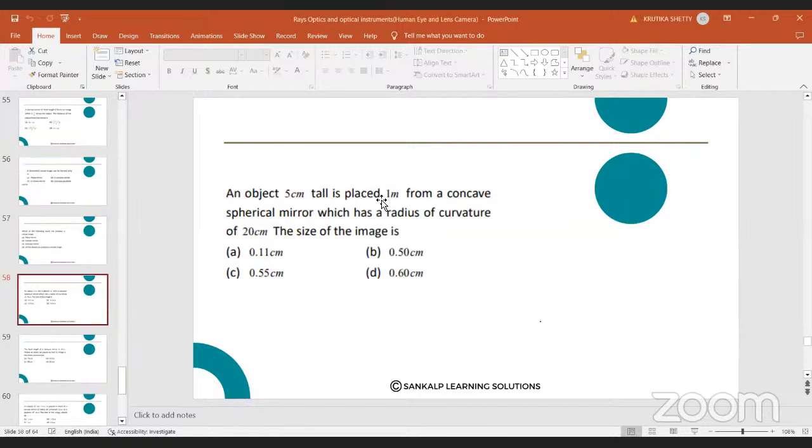An object 5 centimeter tall is placed 1 meter from a concave spherical mirror. So the object has a height of 5 centimeter, and it is placed at a distance of 1 meter, which has a radius of curvature of 20 centimeter. So our values are given. The size of the image is 0.5